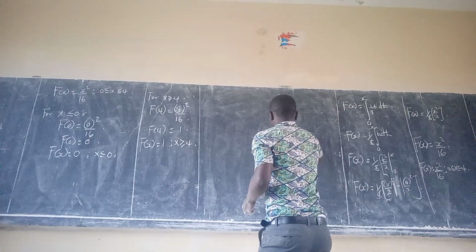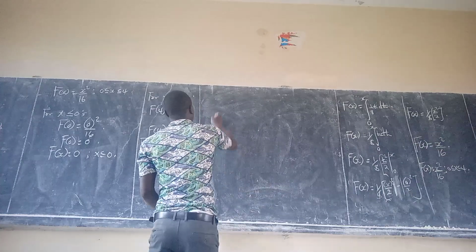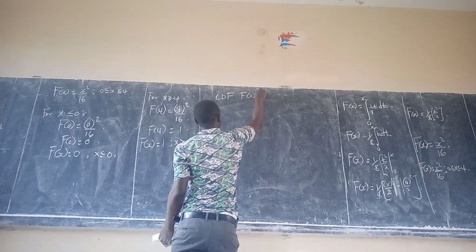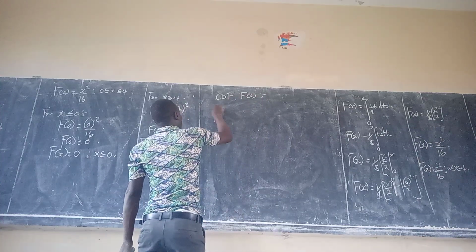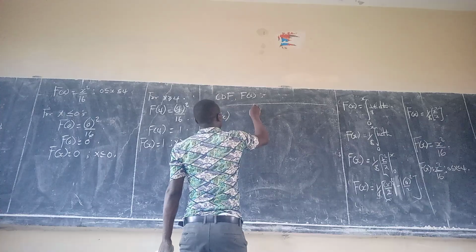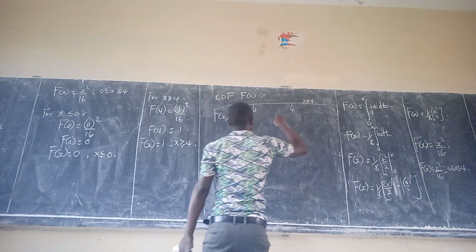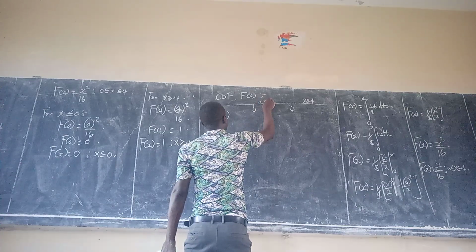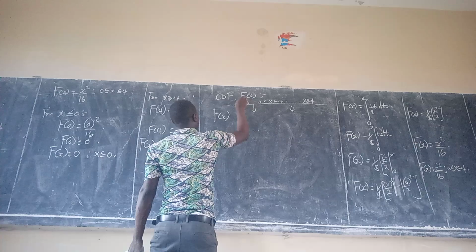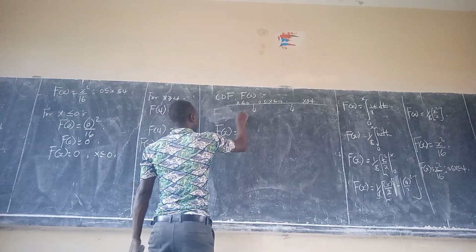Now, after getting the capital F of x for all the intervals, we can now say that the CDF capital F of x is going to be our capital F of x. Remember, it was defined for 0 and 4. We have an interval of x greater or equal to 4, an interval between 0 and 4, and an interval for all x values less than 4. So our capital F of x becomes,